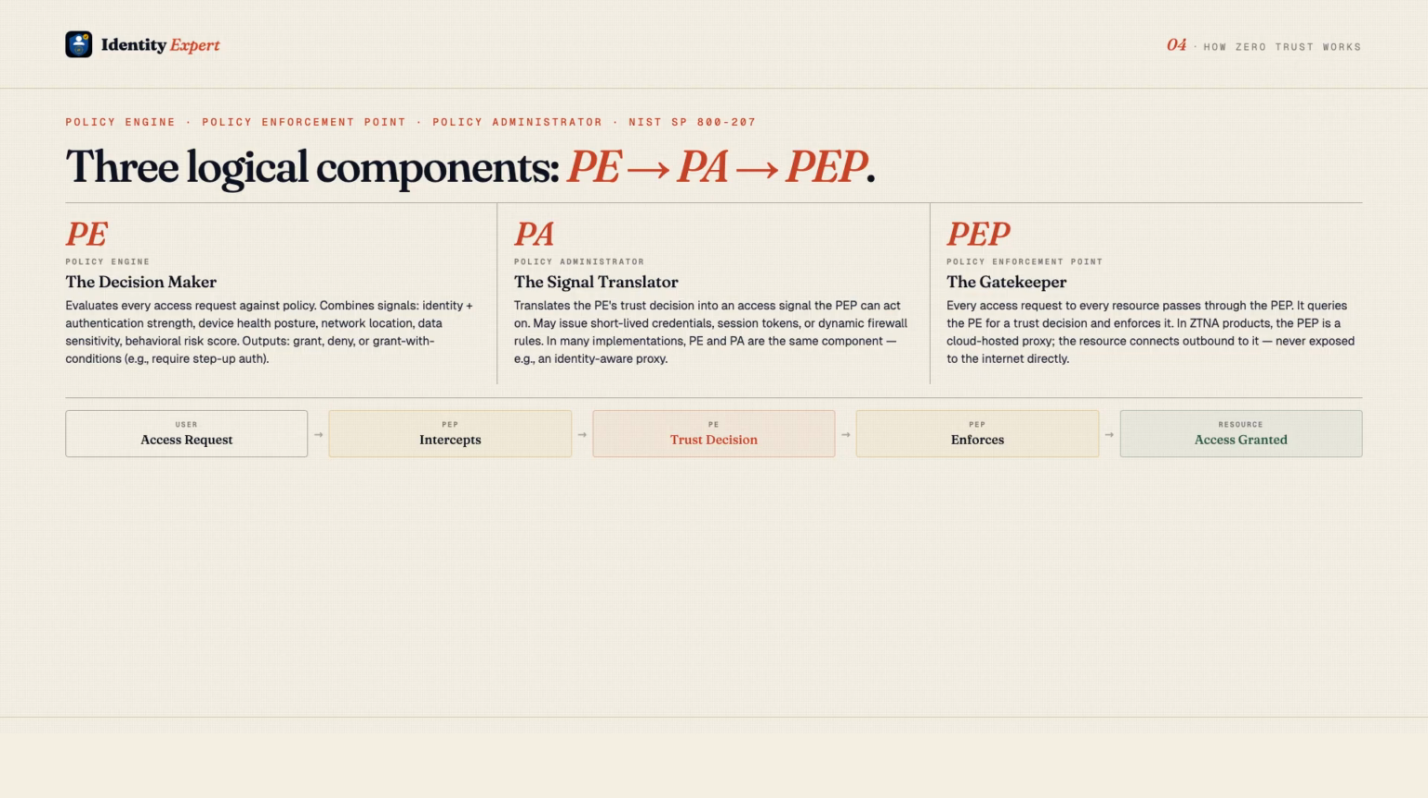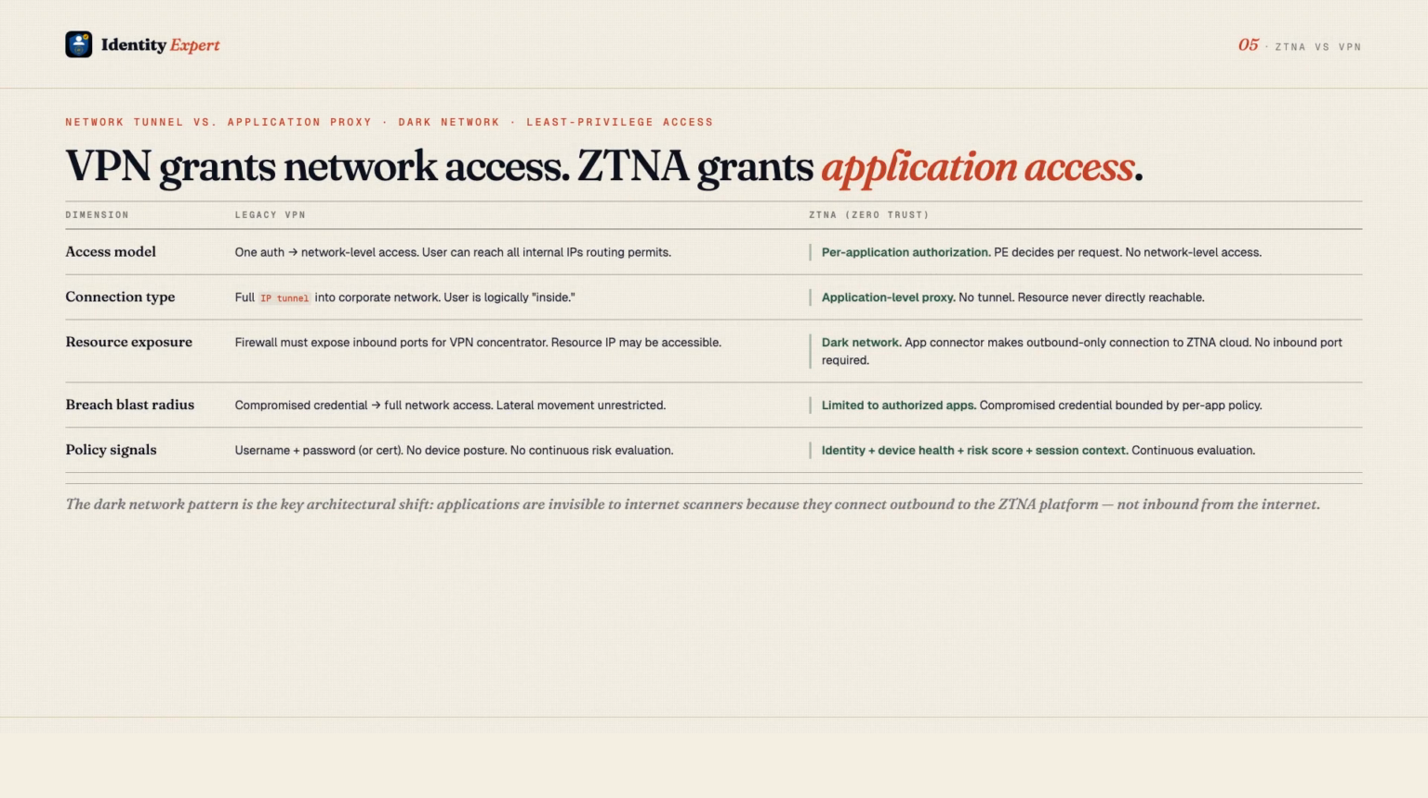An application connector sits in front of the resource, and a cloud-hosted PEP brokered by the ZTNA vendor enforces policy. The key architectural principle: the resource is never directly routable from the internet. Users connect to the ZTNA PEP, which connects to the application connector after the PE has verified the access request. The most concrete way to understand zero trust in practice is to compare ZTNA, Zero Trust Network Access, with legacy